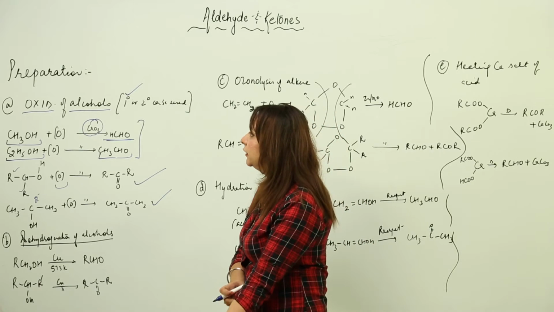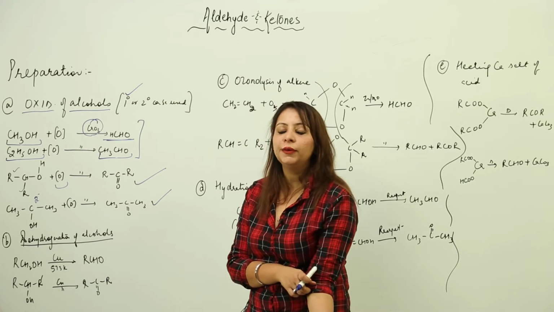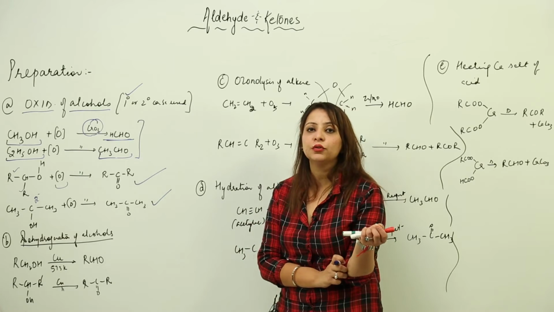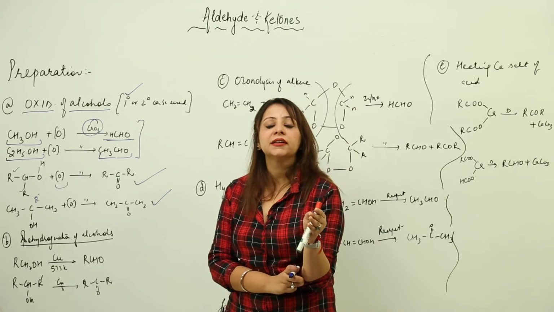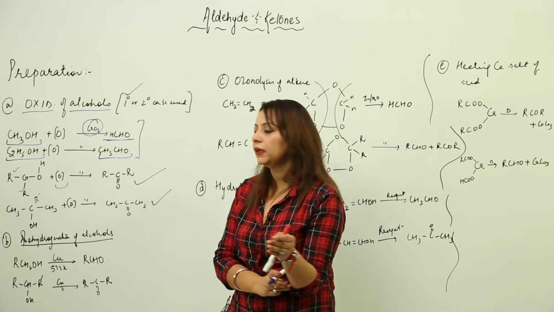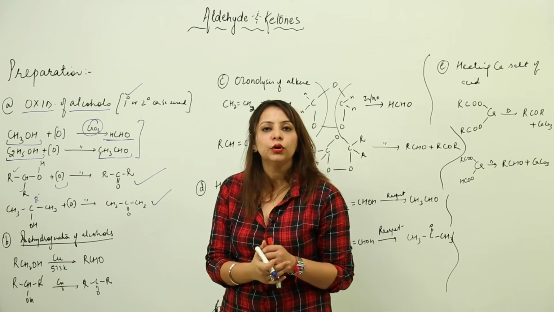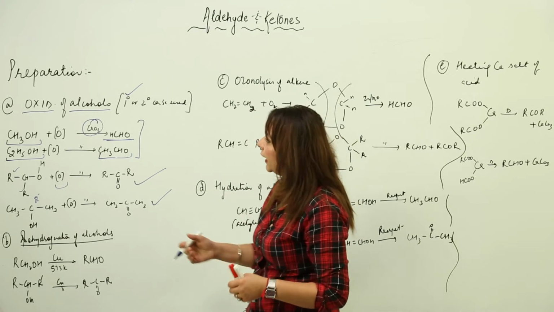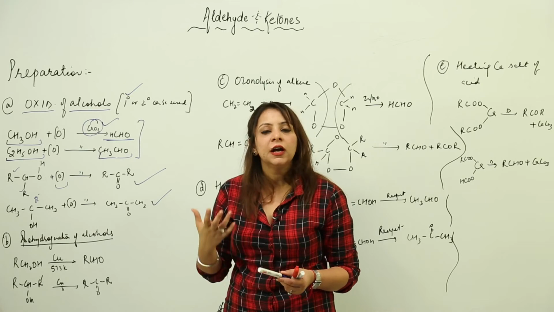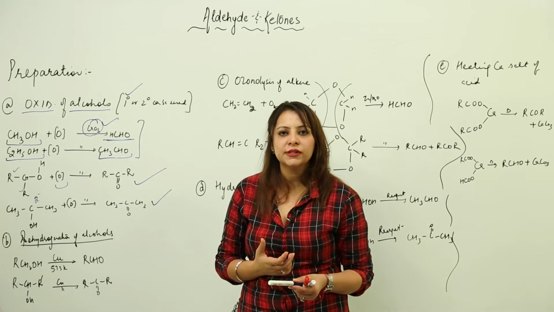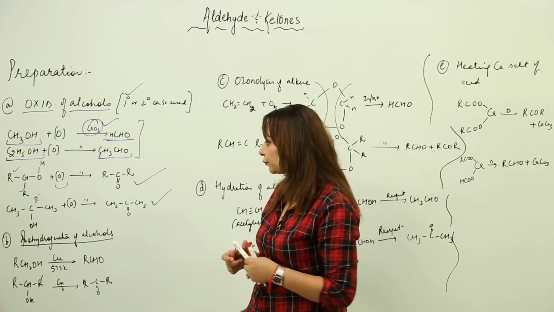So that means we can do it by oxidation of alcohol, but we have to keep in mind that we have to stop at the stage of an aldehyde. A 1 degree alcohol always forms an aldehyde and a 2 degree alcohol always gives rise to a ketone, and it again occurs in the presence of a catalyst, that is chromic oxide, or you can take potassium dichromate also, K2Cr2O7, in the presence of sulfuric acid.